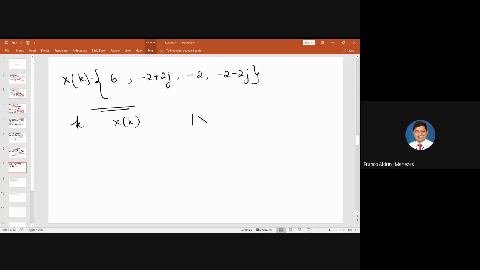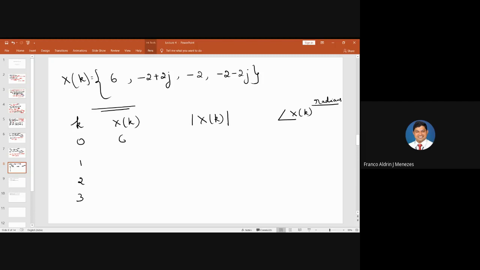So I will write here magnitude of x of k and here angle of x of k. You can keep the angle either in radians or in degrees. Since you have already kept your calculator mode in radians, you will get the value in radians itself. If you have not changed, keep it in radians itself. That is not a problem for us. So we will take the values in radians. So I will write k is equal to 0, 1, 2, and 3.